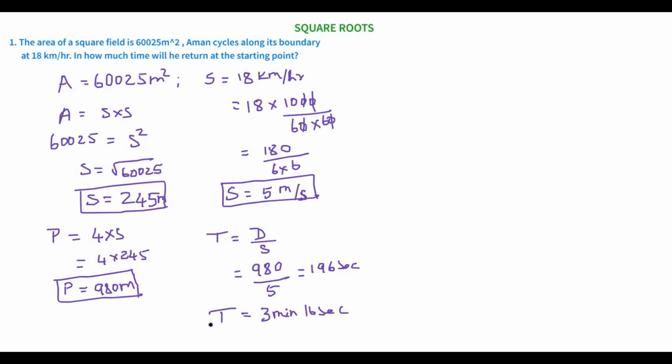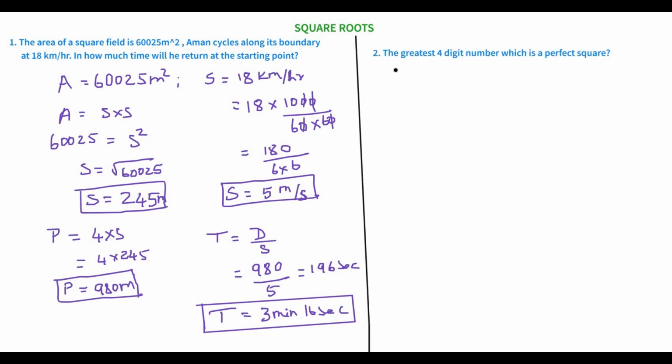So the answer, time taken for the cyclist to cycle around the boundary and come back to the starting point, is 3 minutes and 16 seconds. Isn't it easy? We are first seeing what is given to us, converting it to a perimeter, then the time taken. So now let's see the second example for today, which is,